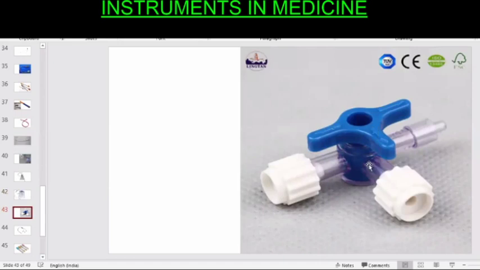The side effect is, we can cause air embolism if it is not closed after usage. Air embolism is very unlikely, but it is a major site of infection in ICUs. Therefore, it has to be covered with betadine gauze. You have to have a gauze soaked with betadine, and you will have to cover this valve. It's a major site of infection. It can be attached to your central venous line also. So here you can attach a scalp pin, or an IV cannula, or a central venous line also.